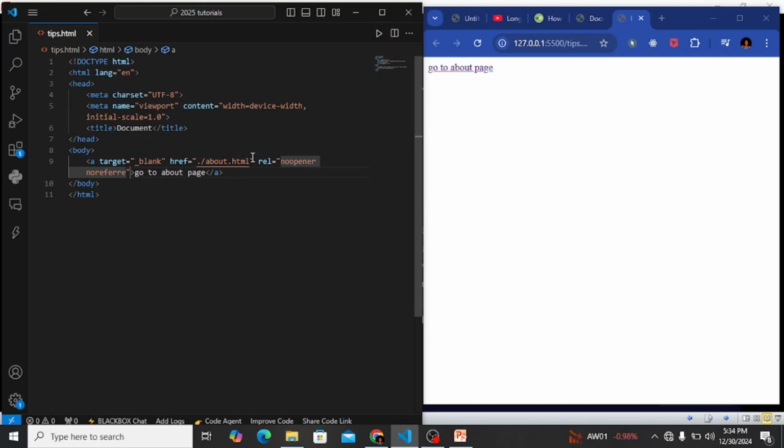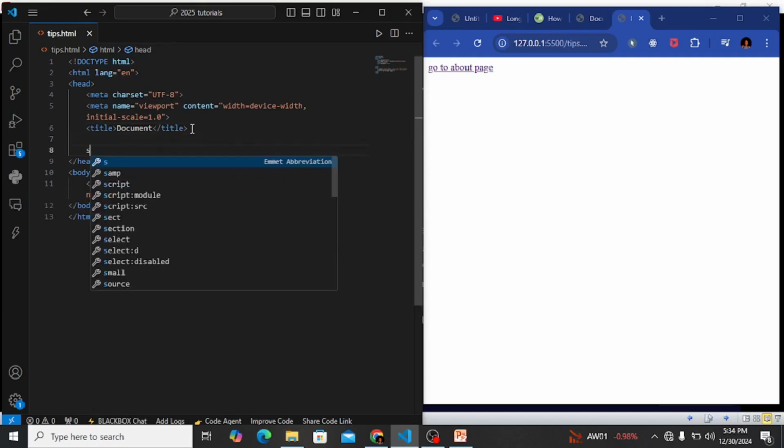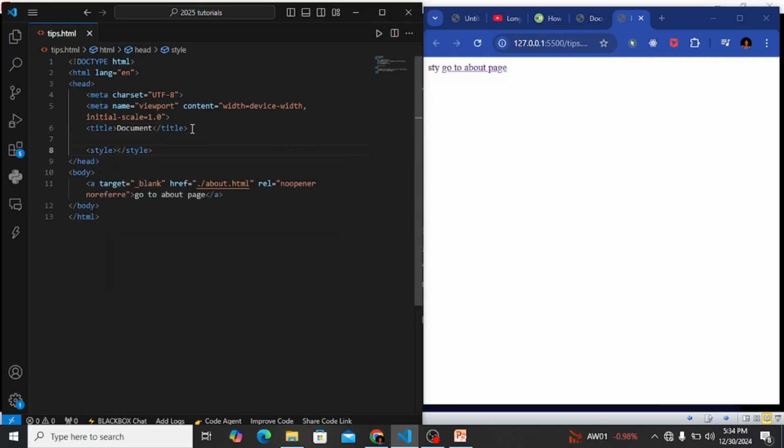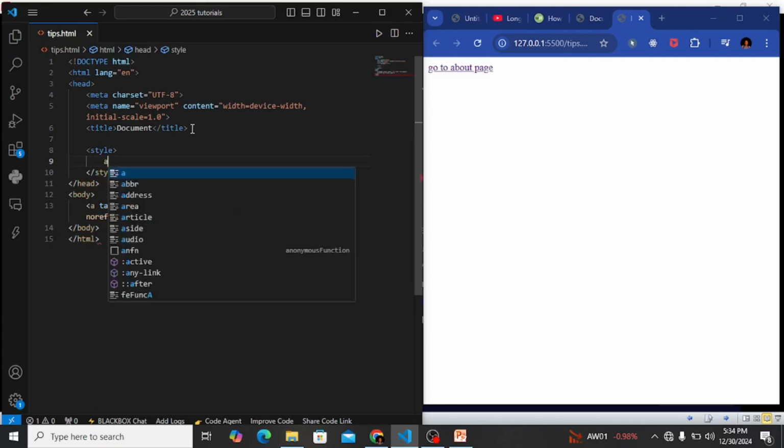And the last but not the least, step four is to apply styling to external links. Now let's apply a style to our link. How do you do that? Come here, go to your head tag and create the style. So let's just say style, and then we say A,